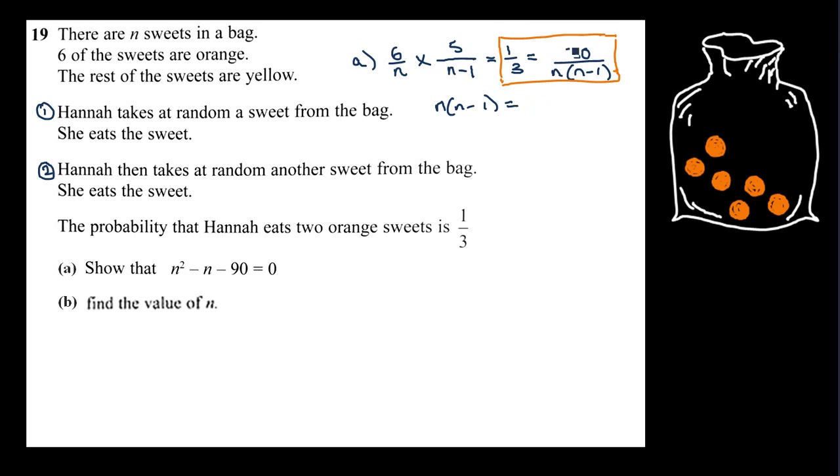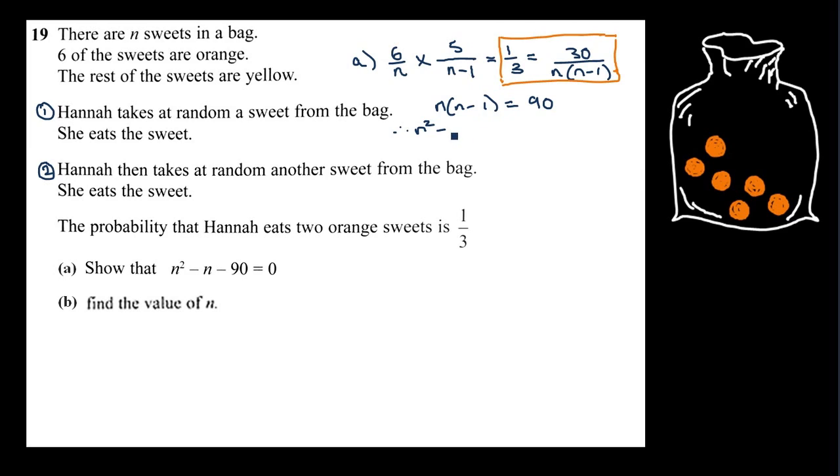And so on the right hand side we get 30 times 3 gives us 90. So you can see we're much closer now to this n squared minus n minus 90 equals 0. Now we simply have to complete this by subtracting 90 from both sides. That will get the 0 on the right hand side, and the minus 90 will appear on the left, and multiply out the bracket. So we can say, therefore, n squared, because n times n is n squared, minus n